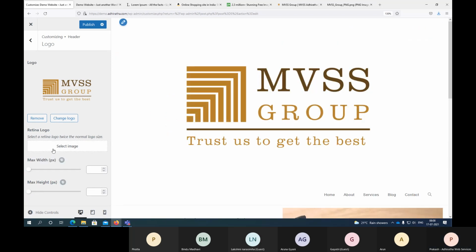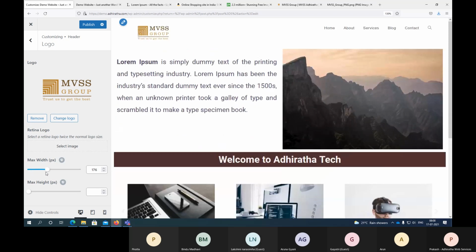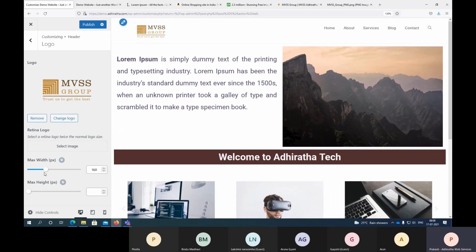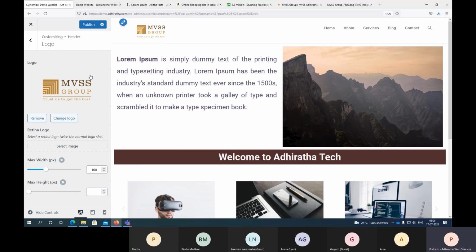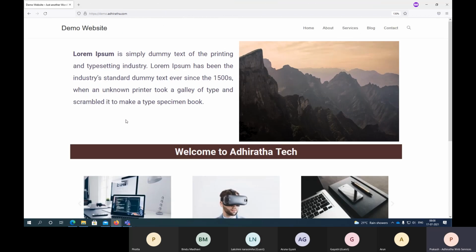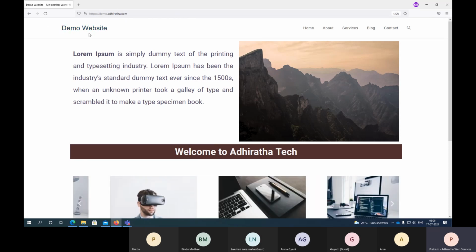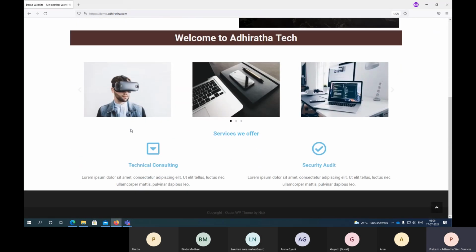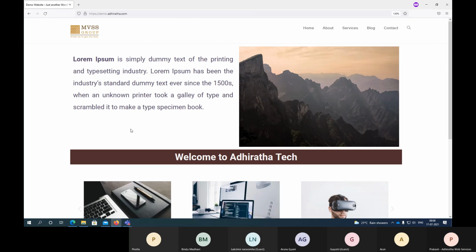Publish. Design wise, everything is fine, but here it's showing demo website. Now if I refresh this, you have a logo. So try to explore this now.